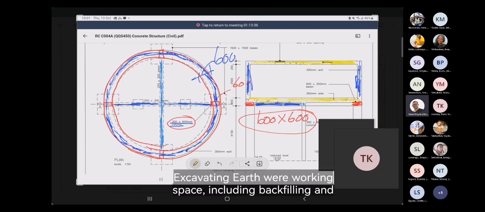Excavating earth for working space, including backfilling and compaction. 25 MPa reinforced concrete in columns, in beams, in slabs, in walls. Then we have the smooth formwork to sides of columns. Smooth formwork to vertical surfaces of beams. Now here's the difference. When we measured in building work, we said smooth formwork to sides and soffits of beams,